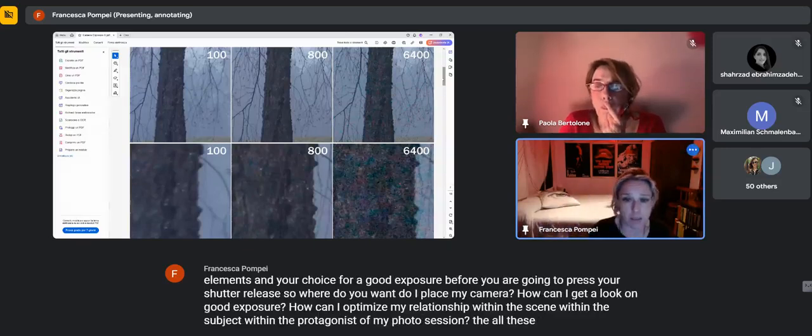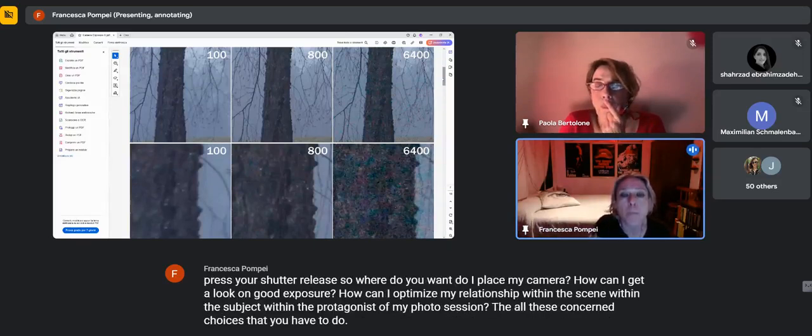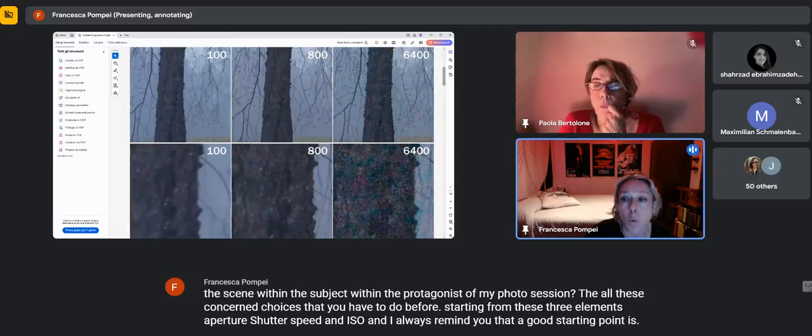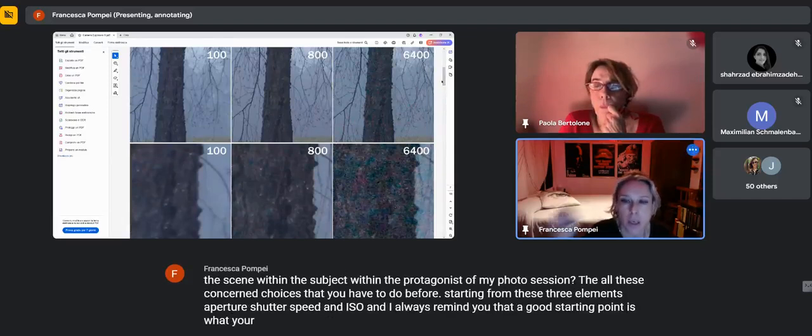All these concern choices that you have to make before, starting from these three elements: aperture, shutter speed, and ISO. And I always remind you that a good starting point is what your inner light meter is telling you. But sometimes